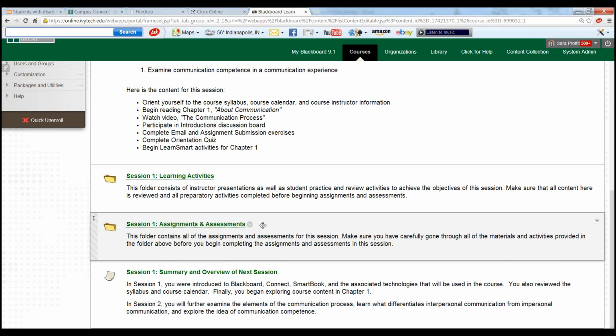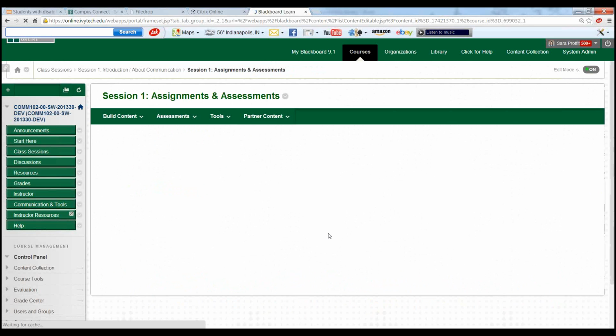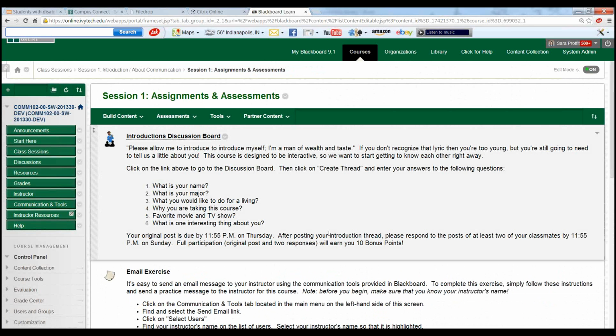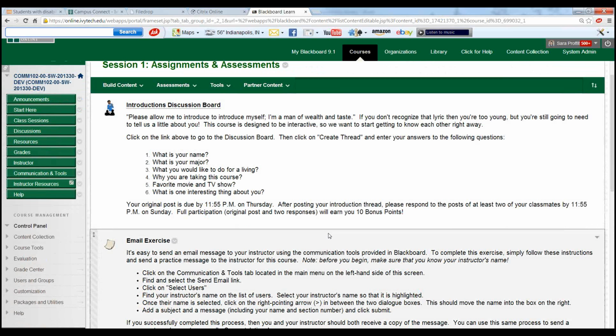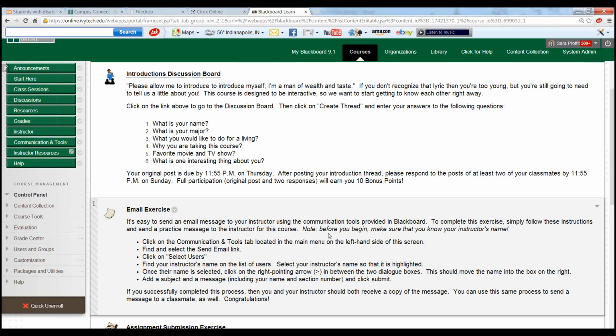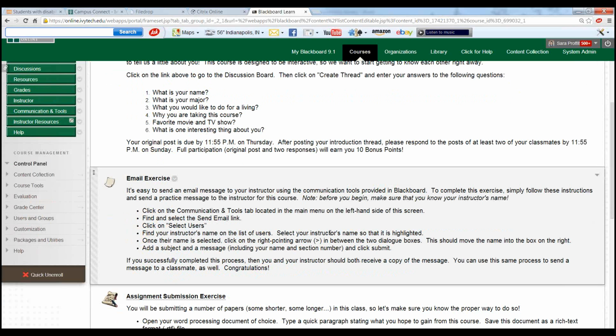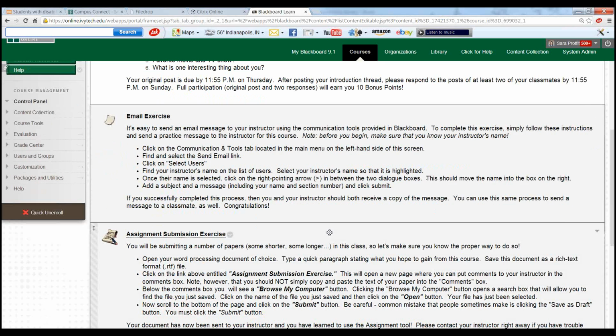And then once the student has worked through all those learning activities, they would go to the assignments and assessments folder. If you want to click in there, this is where they're going to find anything that's deliverable for that session. All the discussion boards will be linked here and outlined in this area, and it'll take them directly to the discussion board area for that particular DB. Any other kind of deliverable for that class session, including in this one, the email exercise and assignment submission exercise,